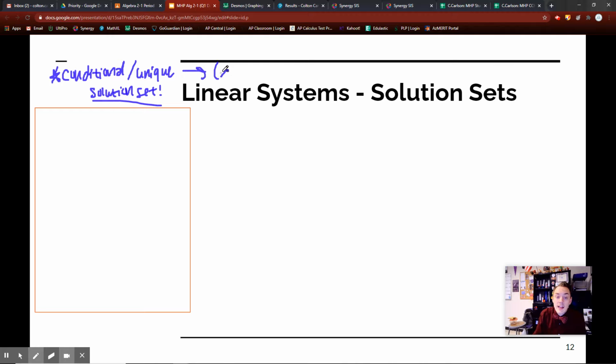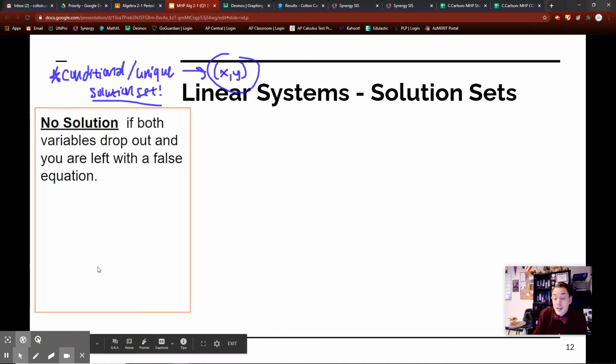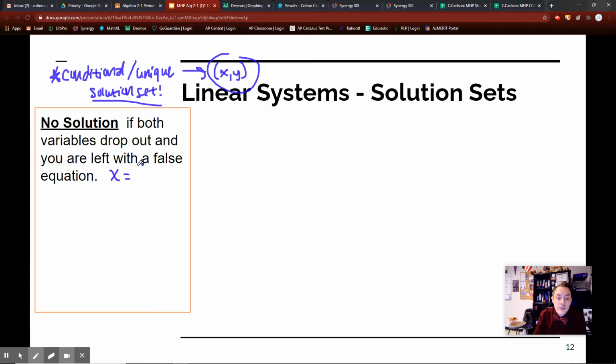So an example of that is x comma y. We find an x comma y and we're solid. Okay, but sometimes it doesn't work out that way. Sometimes we get a no solution. And that happens if both variables drop out and you're left with what's called a false equation. What's a false equation? False equation is something like x equals